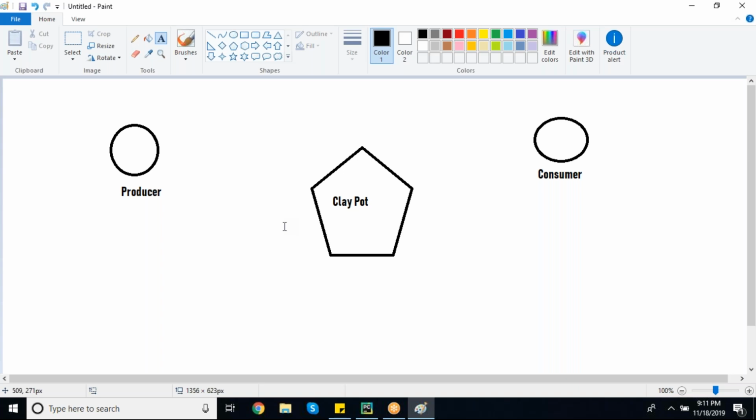Now, the restriction with the clay pot is that only one person can insert his hand at a time. Remember this point. If both the people try to insert the hand at the same time, this pot will break.